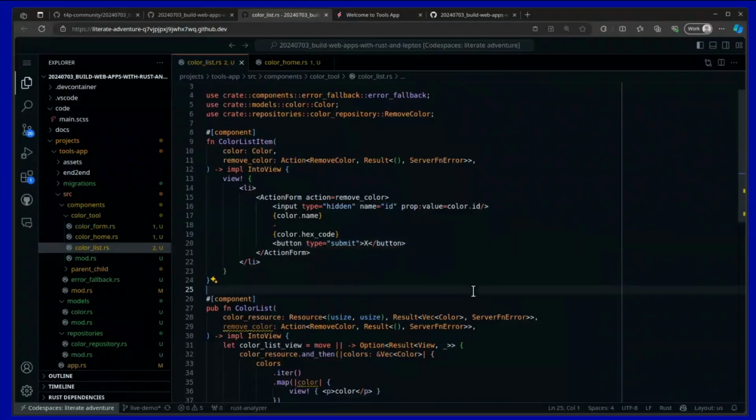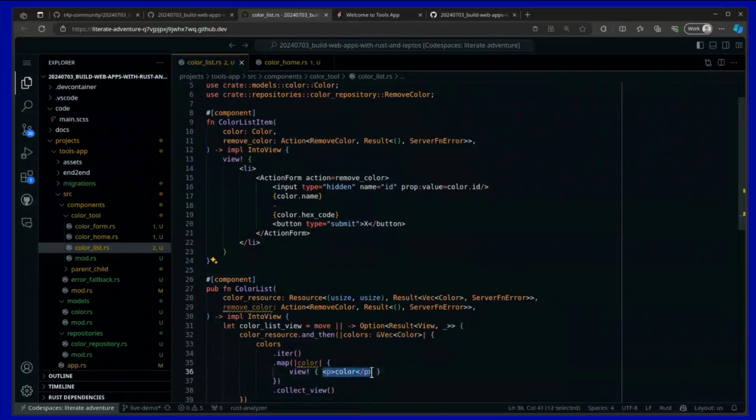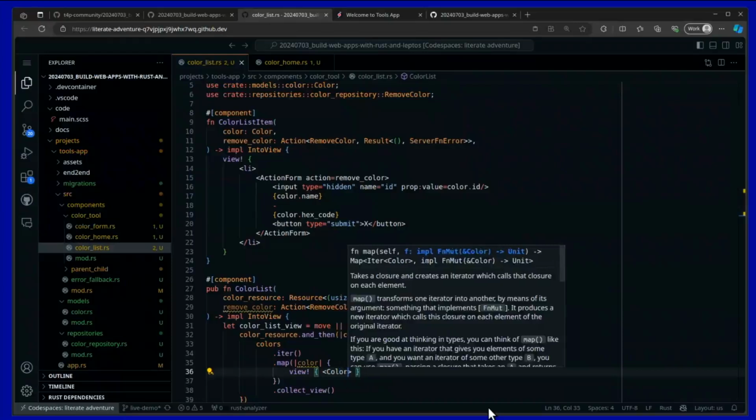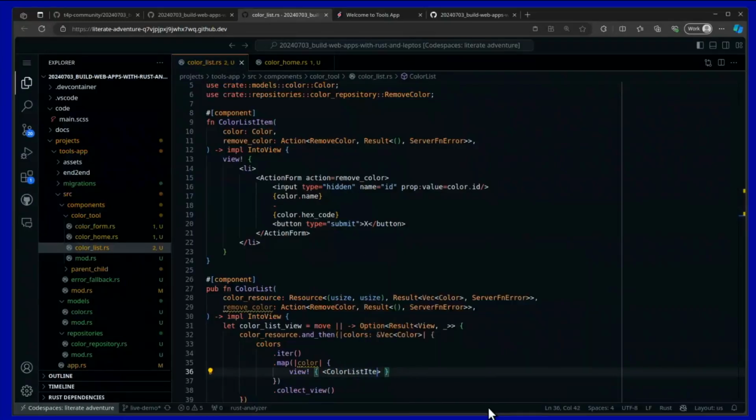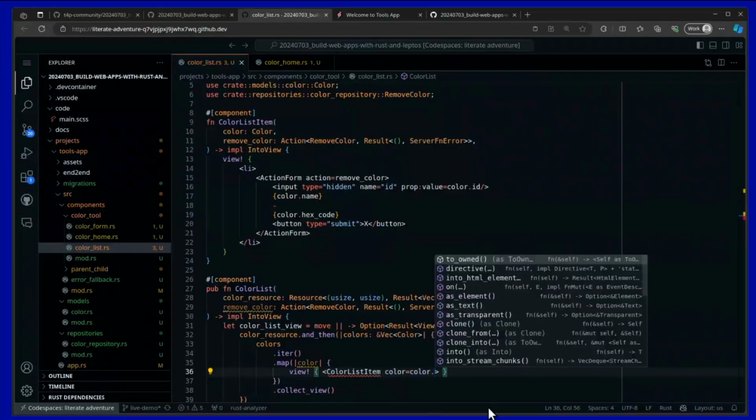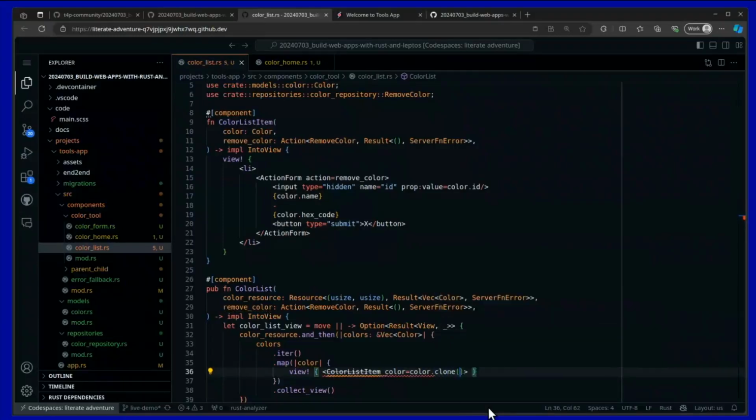There we go. So go ahead and add the view macro for that. And then, of course, we'll have to reference that down here. And I'll just go ahead and throw that in real quick. Color list item. We'll need to clone the color so that the color list item receives its own struct instance, if you want to call it that. And we'll say remove color equal to